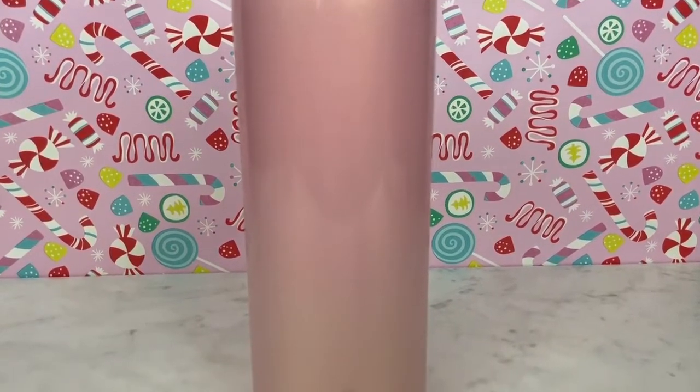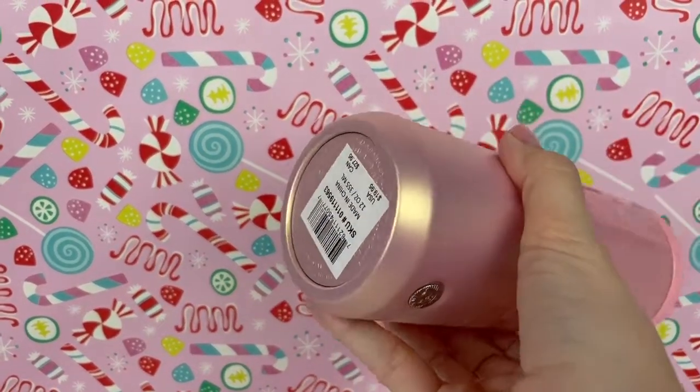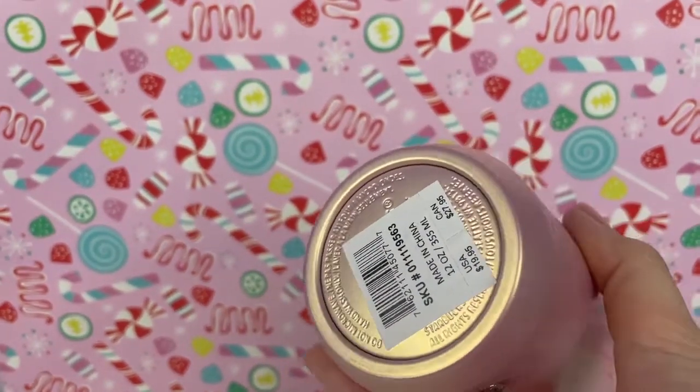Next is this little pink stainless steel insulated tumbler. It's got a little shimmer to it. It's kind of like our green and blue gradient cup. It's that same kind of thing where it's more shimmery than glittery or sparkly. I think that's the word I'm looking for. These are more shimmery. This one has an interesting lid and spout because it's securely closed right now, and